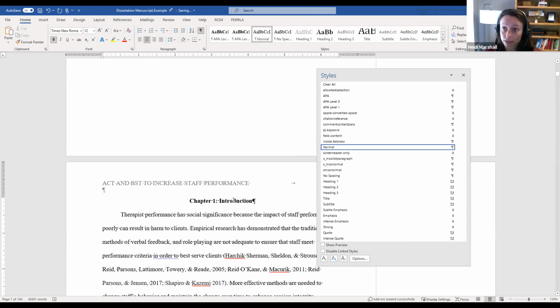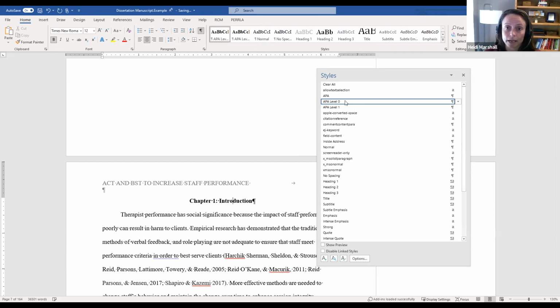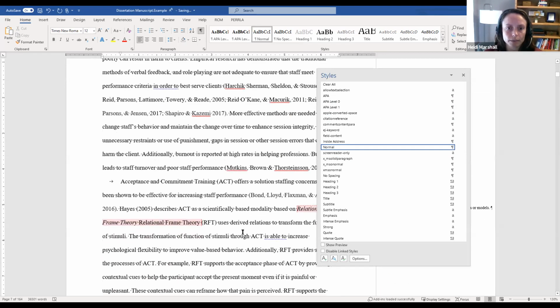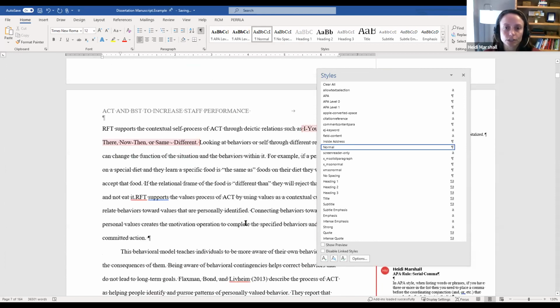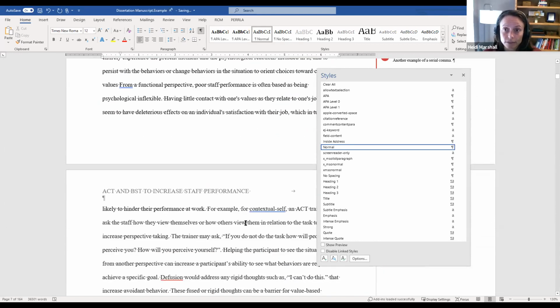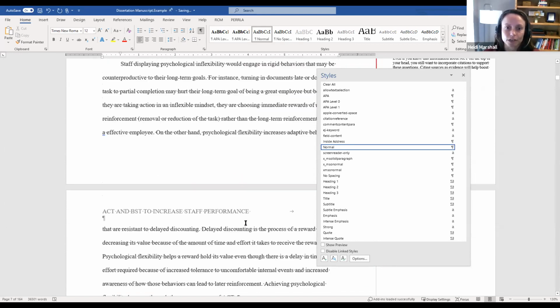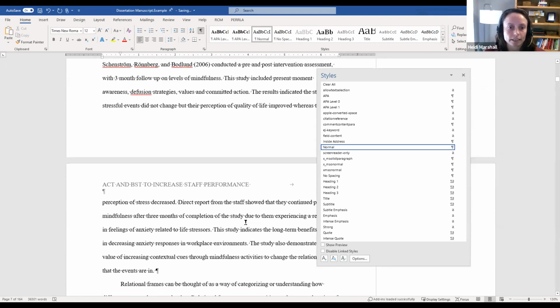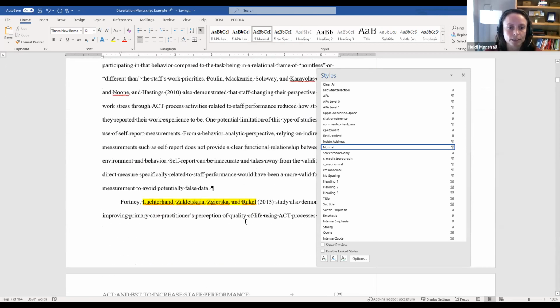We also want to make sure, as I mentioned, because this is the chapter 1 heading, that it's labeled as a level 0. So I'm going to apply my level 0. So all you have to do to apply that heading is just place your cursor anywhere in that heading and then come into your styles menu and click level 0. Then I'm going to go through. I'm not worried too much again about the content of this. That's not the focus of today. We're just talking about headings and creating that table of contents. So I'm just going to scroll through here and